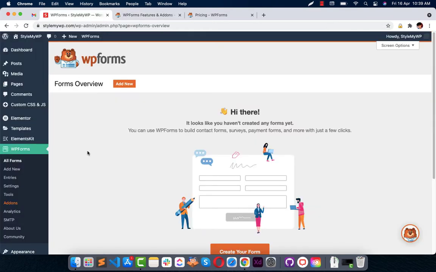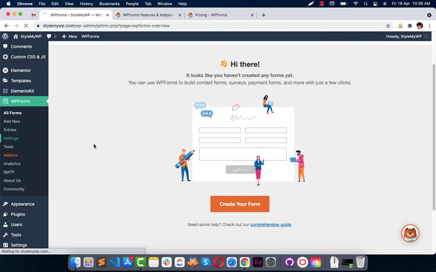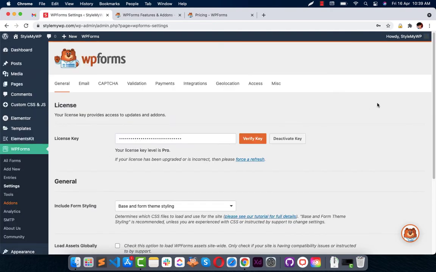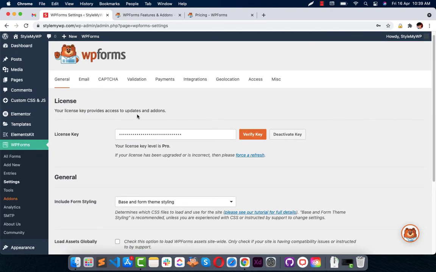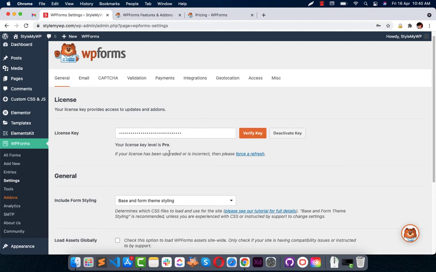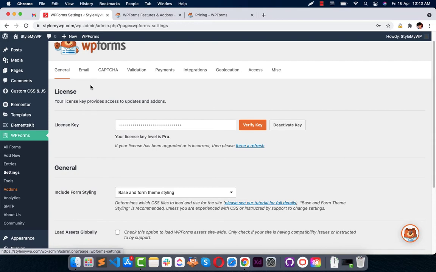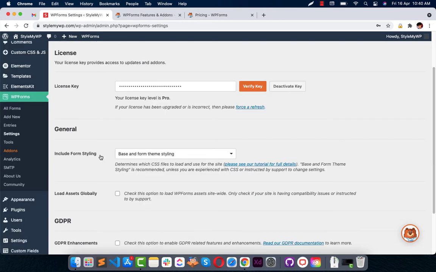So I have opened up my dashboard, installed WP Forms. Here are some settings that you need to see before you actually create a form. In general, you can find your license, you can verify your license to activate all the add-ons and all the settings that are available only for Pro users, and you can include your form styling.